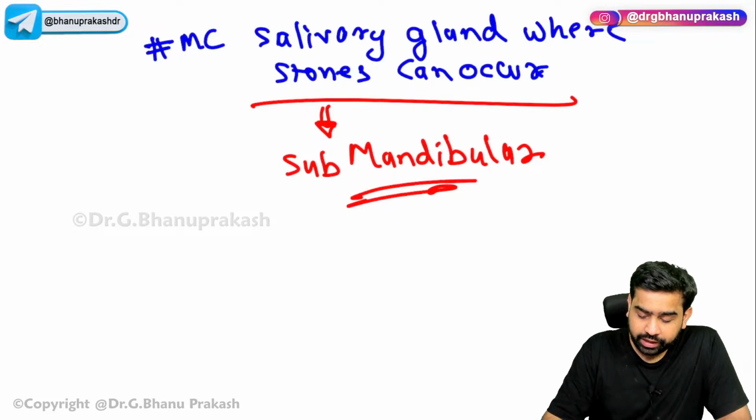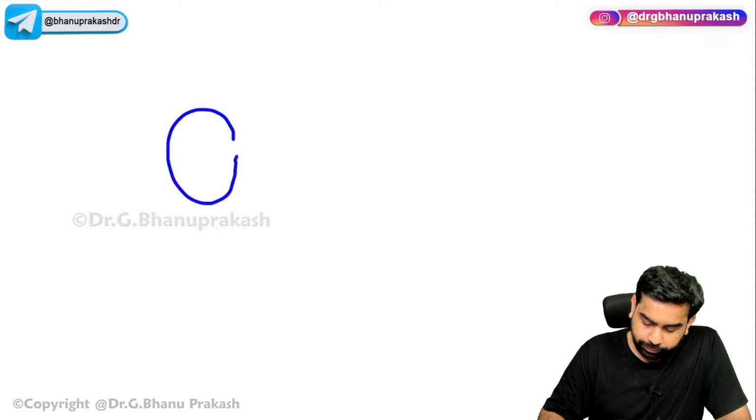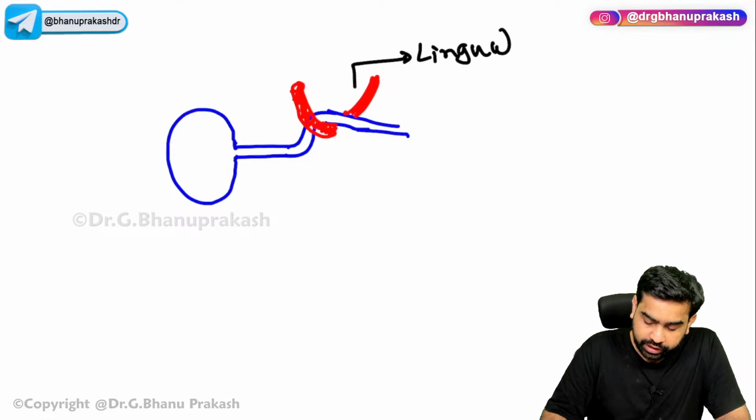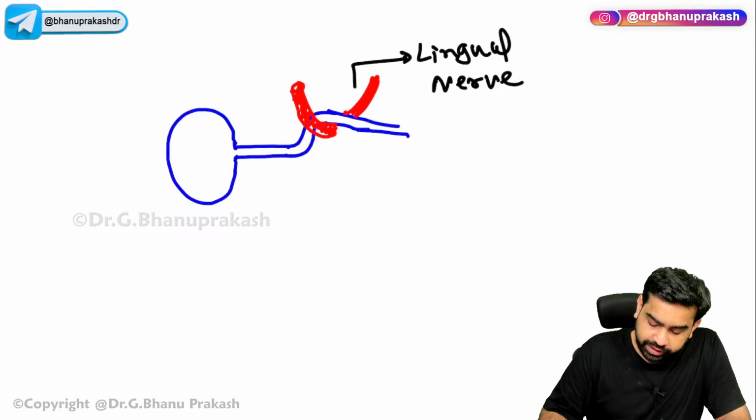Why the submandibular salivary gland? What you need to understand is that we have this gland, the submandibular salivary gland, and this is its duct. This duct is hooked by a nerve. What is the name of this nerve? This is the lingual nerve. Please try to understand. The lingual nerve is hooking this